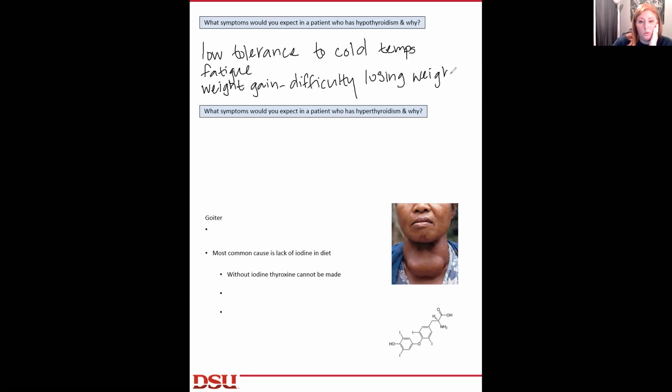What else? Lower heart rate. Okay, stuff like that. Oh, I forgot our mood disorder stuff, so depression, even anxiety,